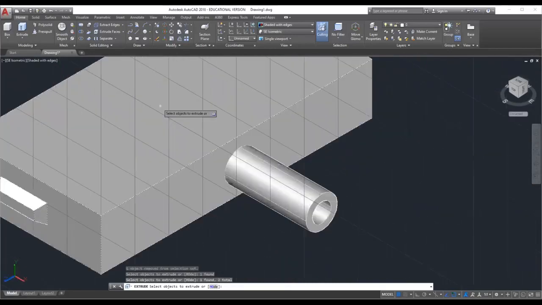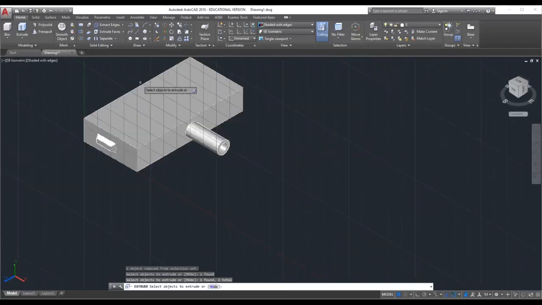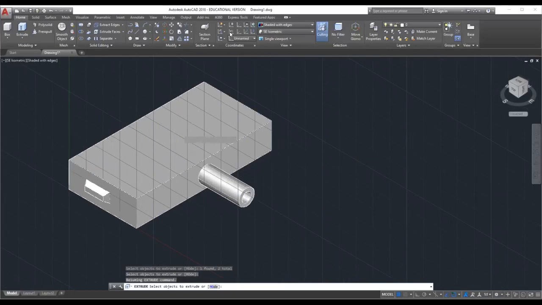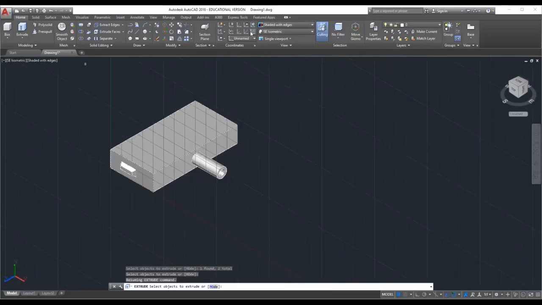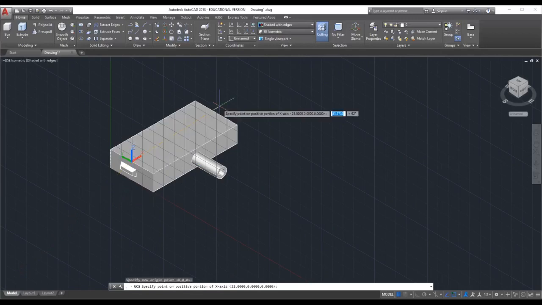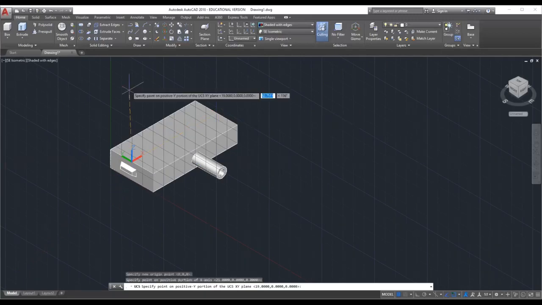Now we will work on this top plane. By using 3-point method, in this top plane, this is my origin and this midpoint is my x-axis, and press F8, this straight line is my y-axis.